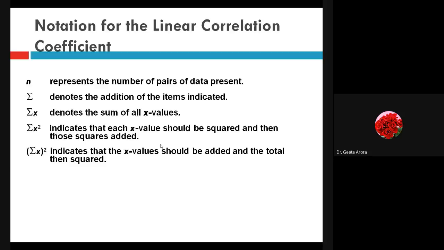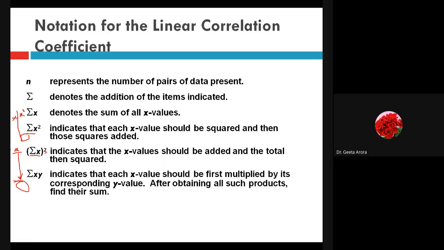See, there is a difference here between summation x square and summation x whole square, and this is how we have to pronounce it. Summation x whole square means we take the x data, sum them up, and whatever comes as the sum, we square it. And if I am talking about summation x square, it means for the given x we find a column having all the squared values, sum them up, and that will be the value of summation x square.